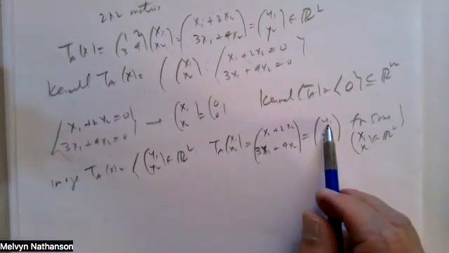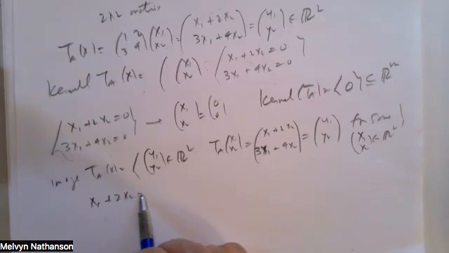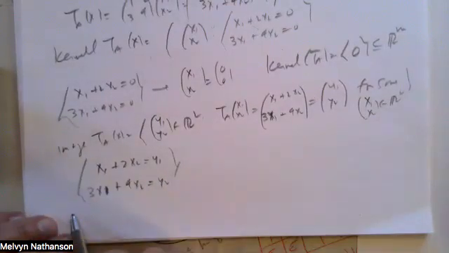So the question is, for what y1 and y2 can we solve this equation? If we have x1 plus 2x2 equal y1, and 3x1 plus 4x2 equal y2, for this system of equations, the